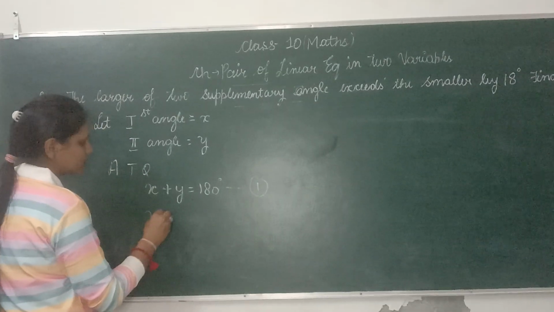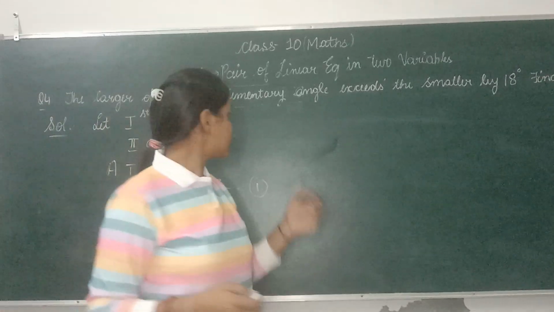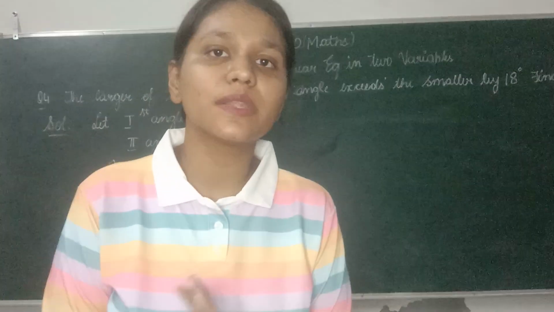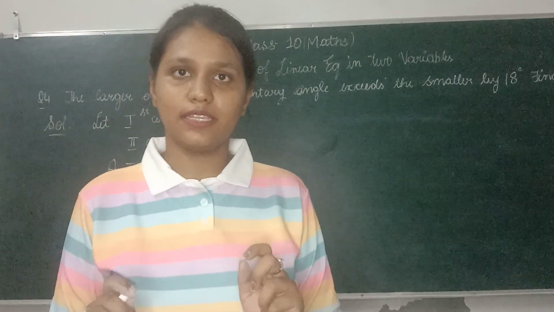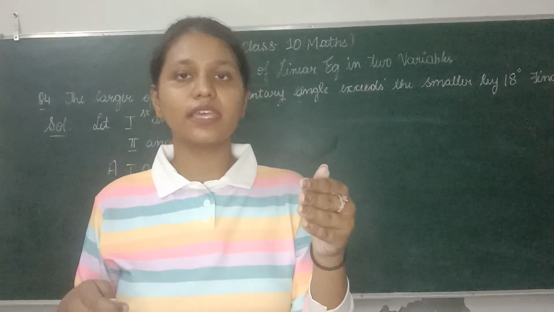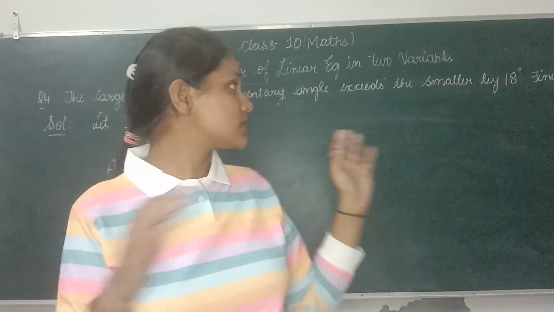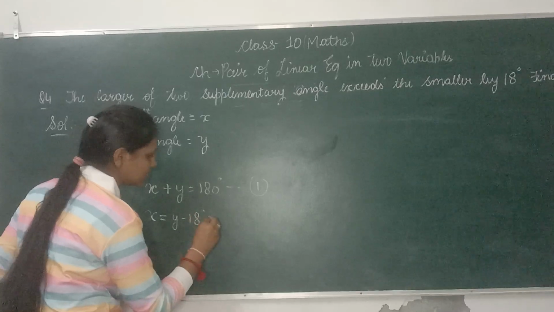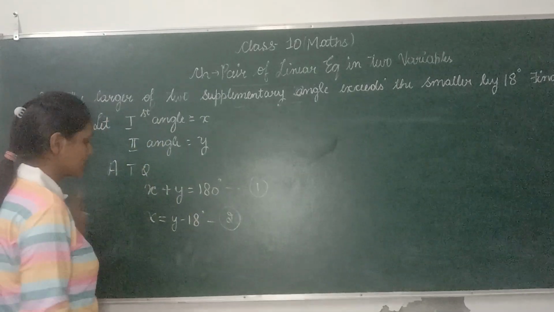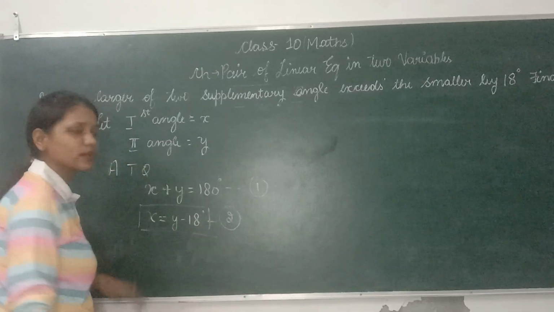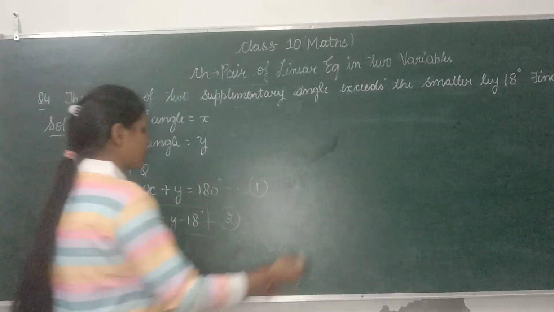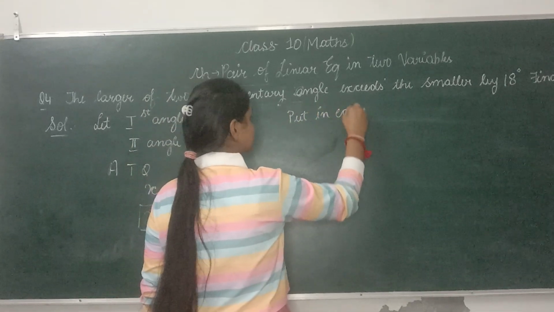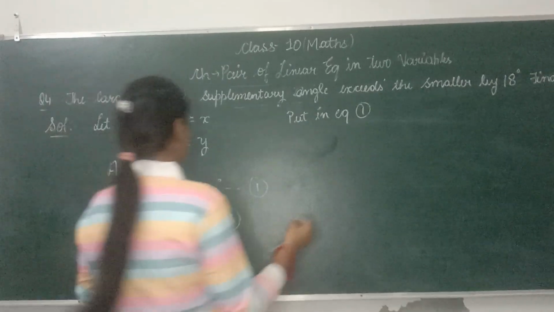So second equation will be: the larger of two supplementary angles exceeds the smaller by 18 degrees. Means the difference between the two angles is equals to 18 degrees. Means one angle is greater and other is smaller, and the gap between the larger and the smaller is equals to 18 degrees. So the equation will be x is equals to y minus 18 degrees. This is the second equation. From the second equation you have already calculated the value of x. Now put that value of x in equation 1. Put in equation 1 value of x is y minus 18